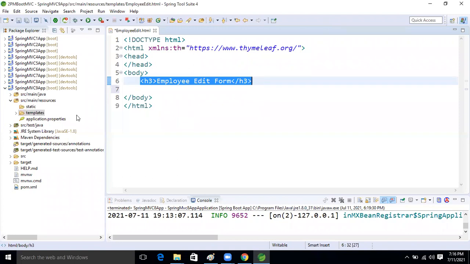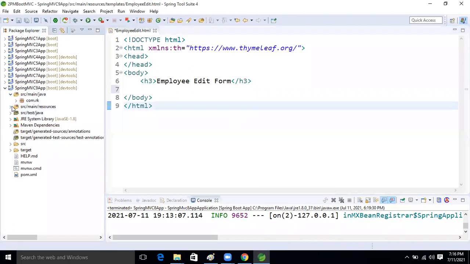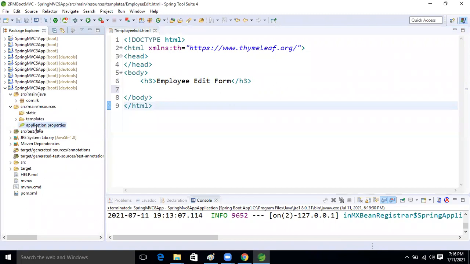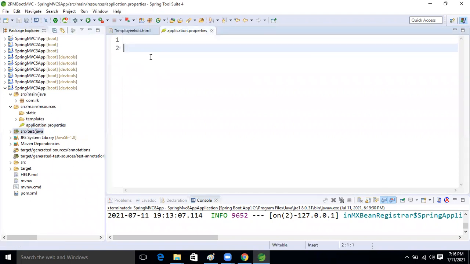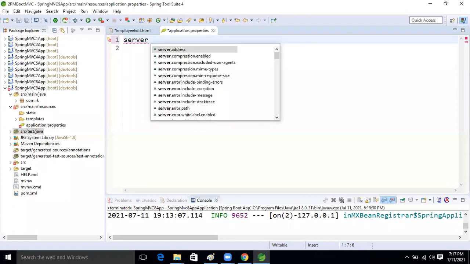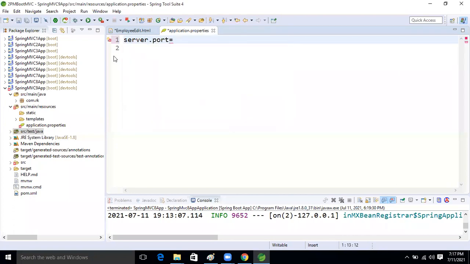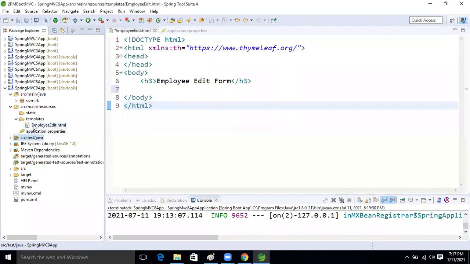Okay, guys. So let's first write one controller. Okay, so we will see what this result is, just normal execution flow. So here, come inside the application. What we will do now? Here server.port equal to 1919. I'm taking 1919. Okay, so now fine now, guys. So okay, good. Here employee edit we have taken.